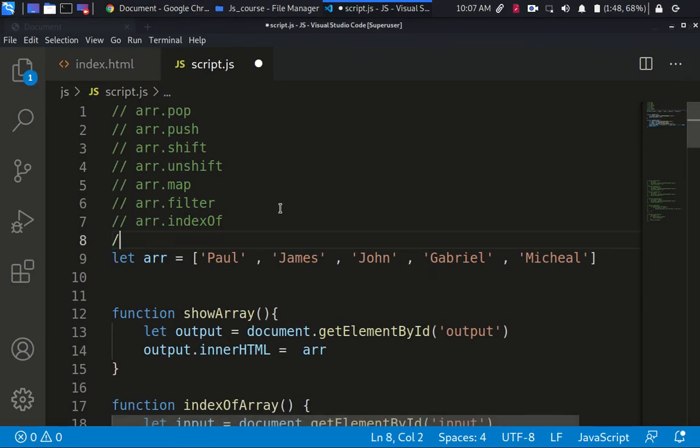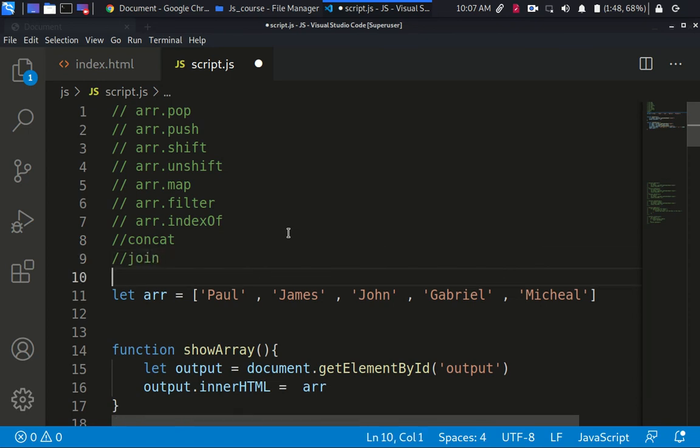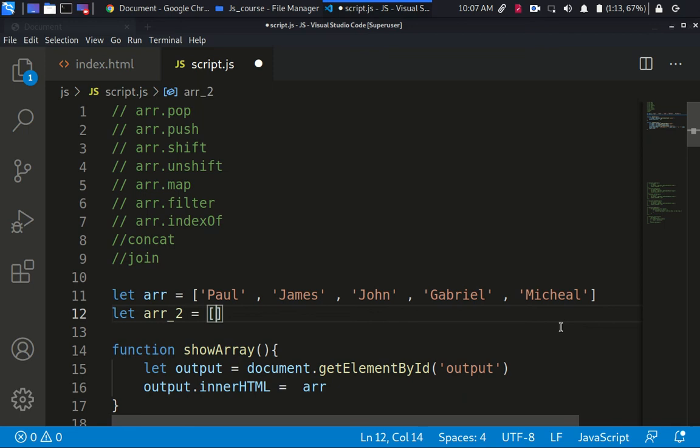So another one I want to actually teach you that I've not had is concat. So concat actually allows you to, okay, let's talk about join too. Join. Concat allows you to add one or two arrays together. So let's just create another array. Let's say array_2 equal to